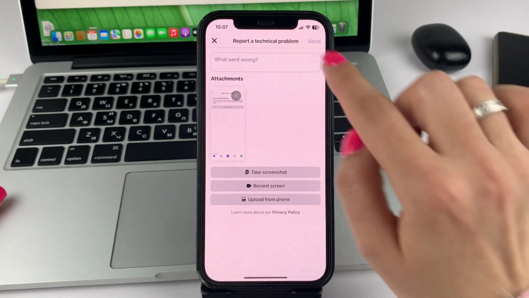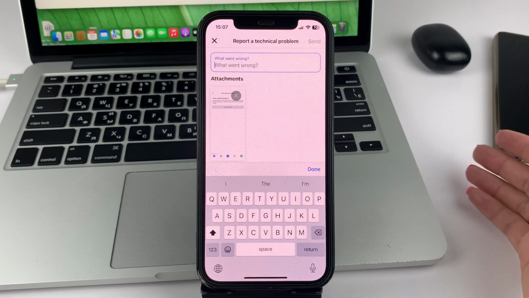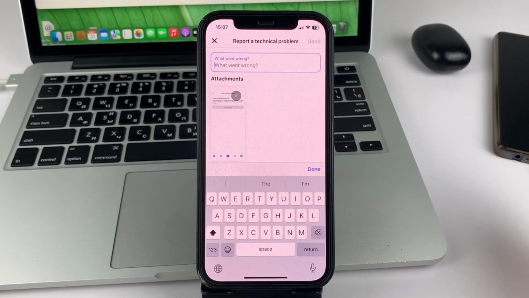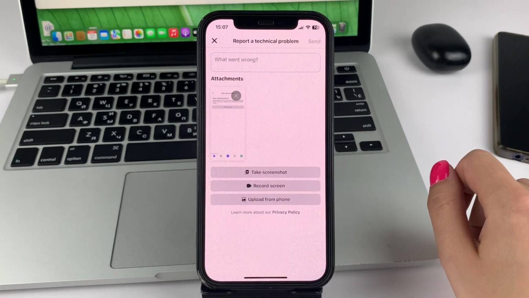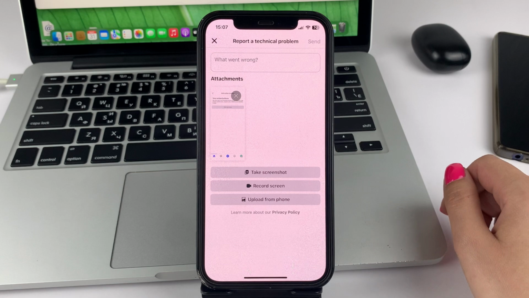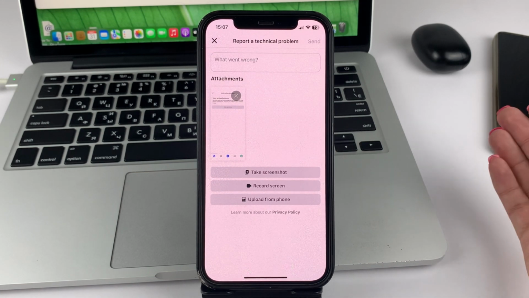Go on. And here in the line you will see what your problem is. For example, what you are missing, the subscribe button, and what you would like to solve this problem. Let Facebook add such a button for you. And then click Ready and submit your request. And I think in a very short time, Facebook application will contact you and solve your problem.